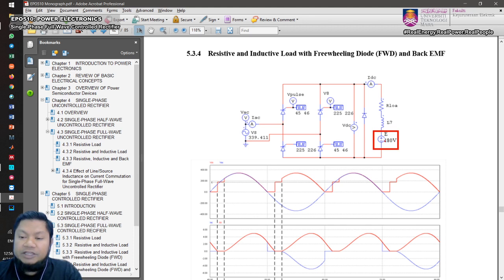This voltage actually opposes the current, so the current is flowing in that direction, and we have this back EMF which is opposed to the output current I0. So that's why it forces the current to go to 0 at that particular point, isn't it? Okay, so the current will go to 0 at this particular point. But before that, the current continues to flow in the diode, right? So therefore you're going to see that again this will be a short circuit,